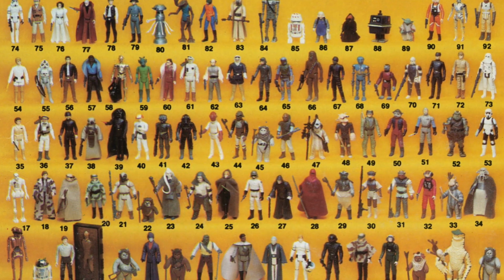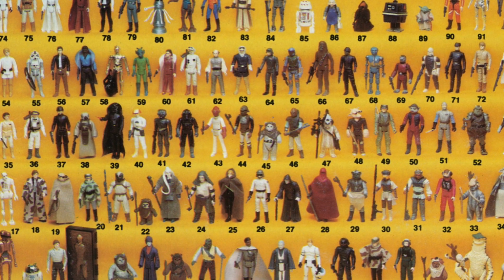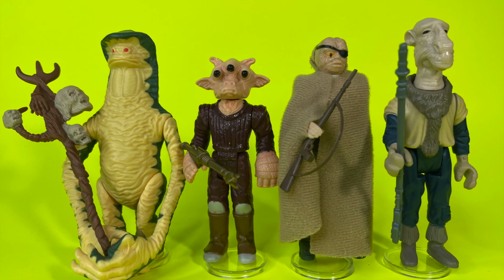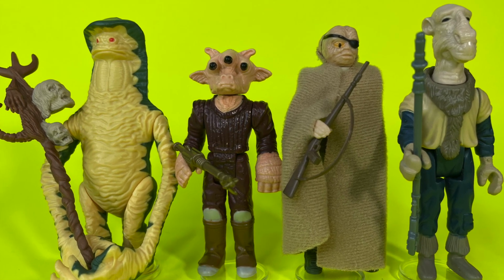There's no question that Kenner created one of the best toy lines of all time in the form of Star Wars, but that doesn't mean they got everything right. They failed to produce figures of some really important characters while at the same time had no hesitation in making figures of characters that practically require you to hit the pause button on your VCR in order to see them